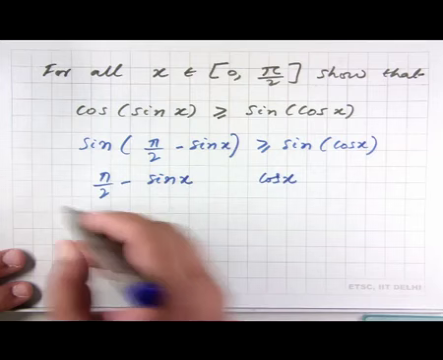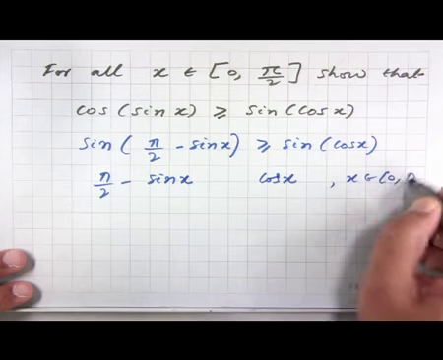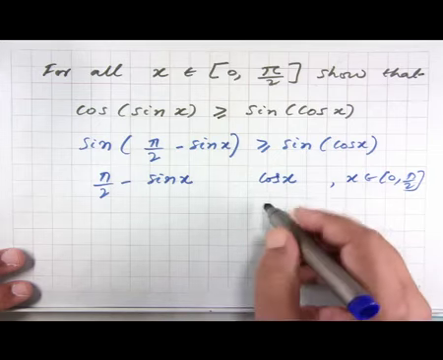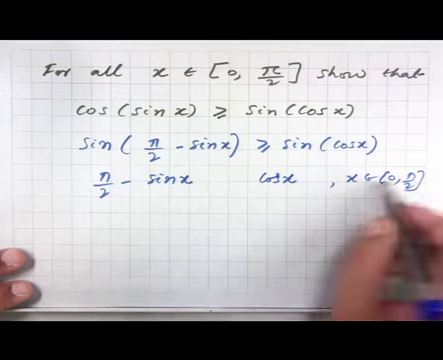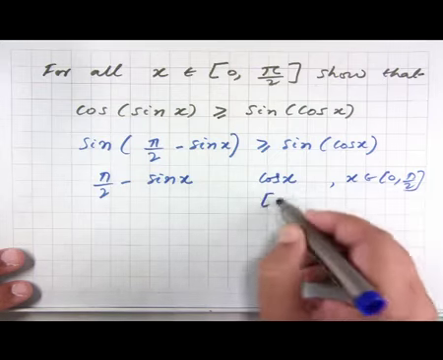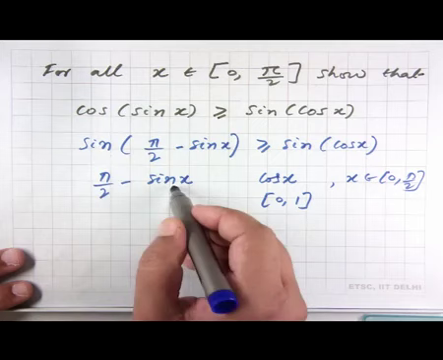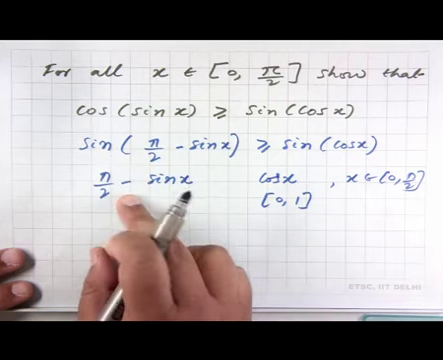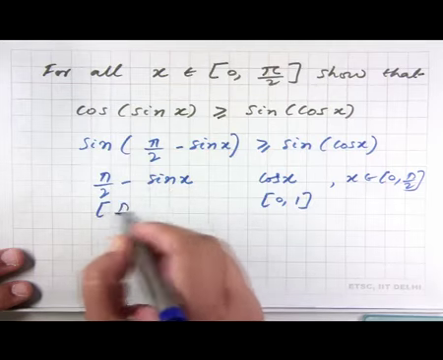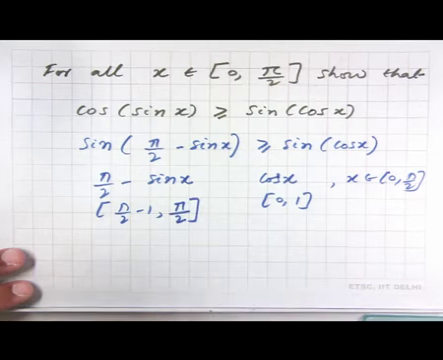So, let us examine these two terms for when x belongs to 0 to pi by 2. Of course, when x belongs to 0 to pi by 2, cos x will be between, at x equal to 0 it will be 1, and at x equal to pi by 2 it is 0. So, it is going to be between 0 and 1, and pi by 2 minus sine x at x equal to 0 will be pi by 2, and at x equal to pi by 2 it will be equal to pi by 2 minus 1. So, it is going to vary between pi by 2 minus 1 to pi by 2, and we see that